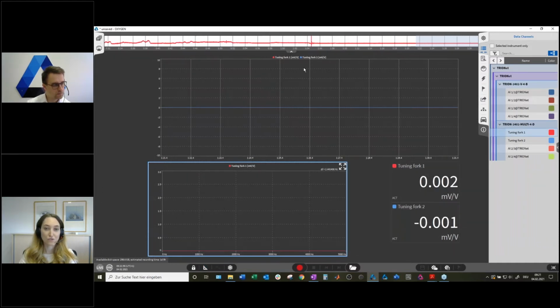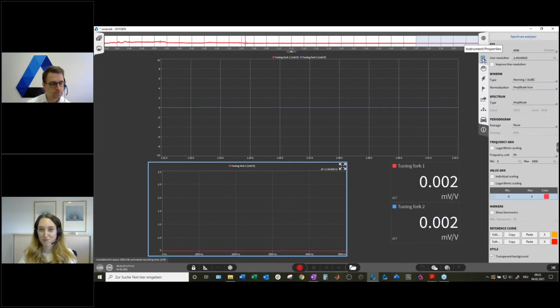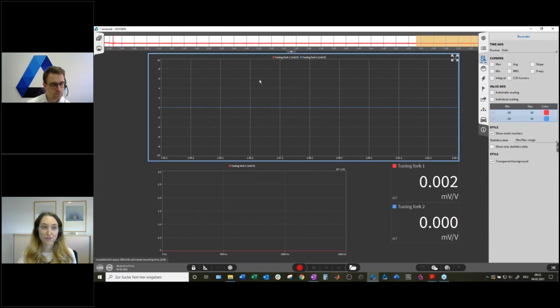Now I can also do some scaling things, like for the FFT. I selected my instrument. I want to set a marker, okay. And open my instrument properties. I would like to have another line resolution, and here multiple settings are available, which we will not go into detail today. I will just like to set the axis, so okay, that's enough. And for my recorder, I would also change the axis up here to